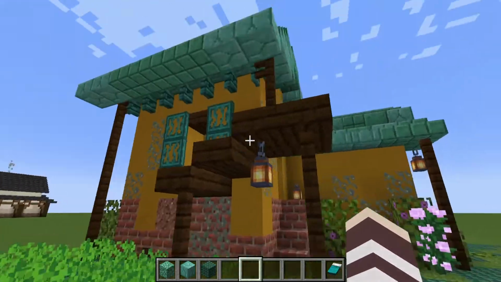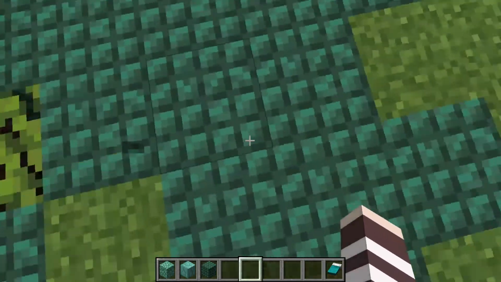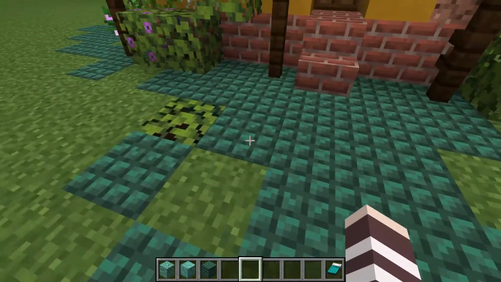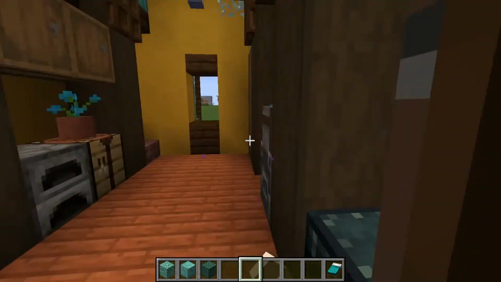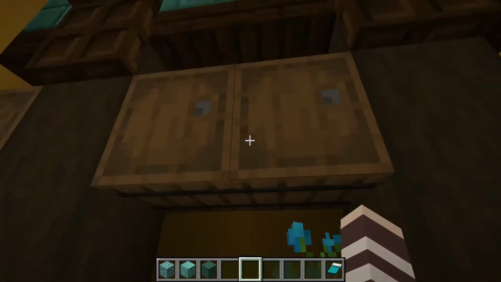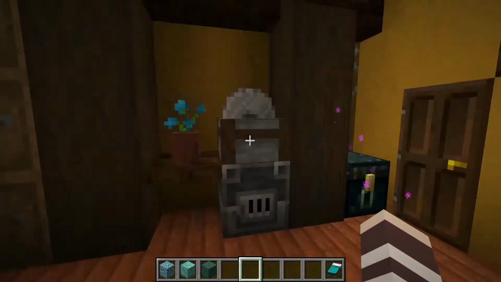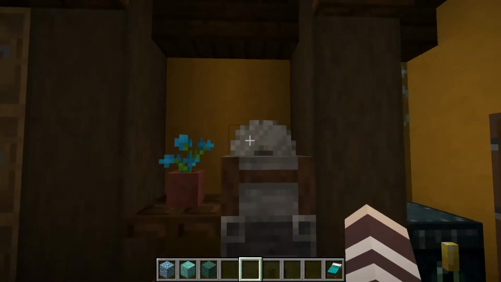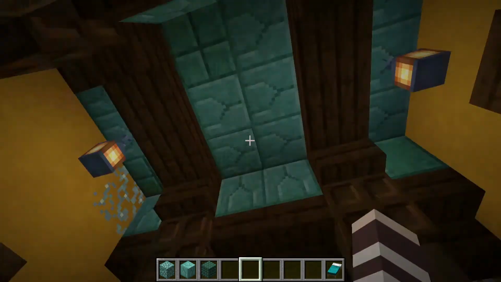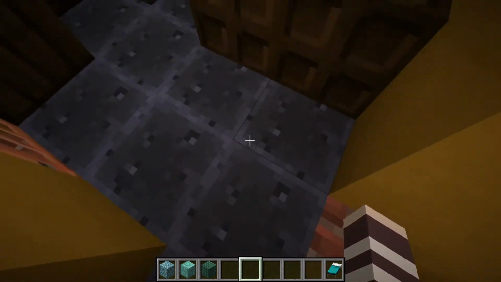Little garden, some wonky little porchy areas. So this would be the front door, and again, nice patio tile outside area. Come in here and it's pretty small, but you know, you got some storage and stuff. You got a little kind of kitchen area, your stone cutter thing. And then we come up here and